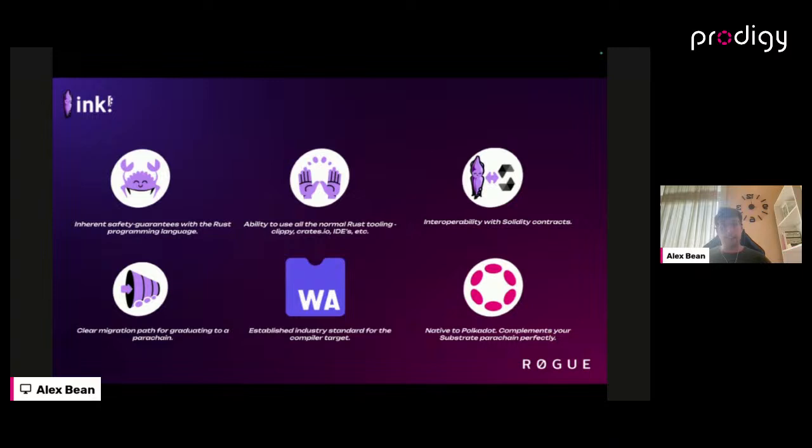It's using all the tooling that Rust has, Clippy, Crates.io. That's different from Solidity. Solidity right now has really cool tooling, I like to use it, but everything has to be created for Solidity from scratch. Ink is using all the Rust tooling, so it's nothing very specific. It also has interoperability with Solidity contracts. Another thing I mentioned in the first slide is that if you're developing your idea with Ink, you can always migrate into a parachain in the future if you need more performance, if you need more